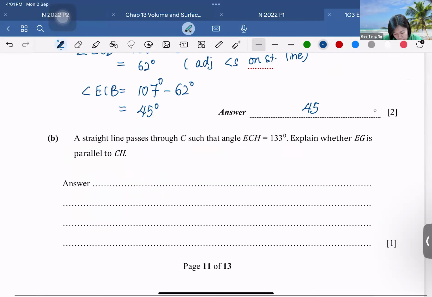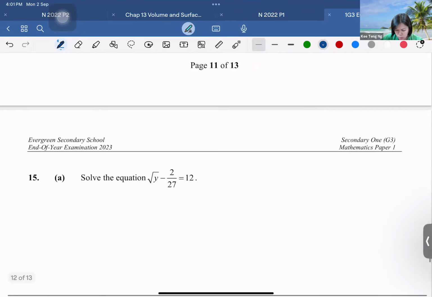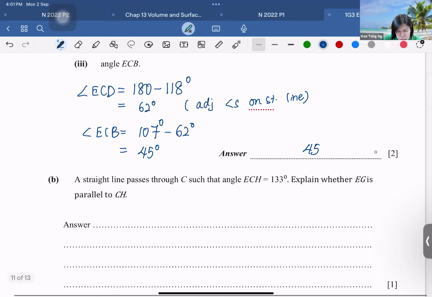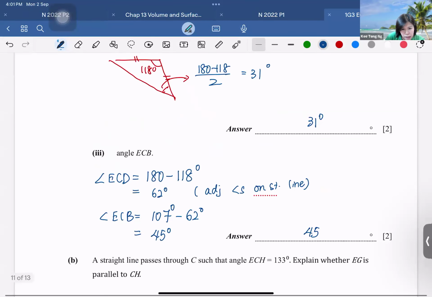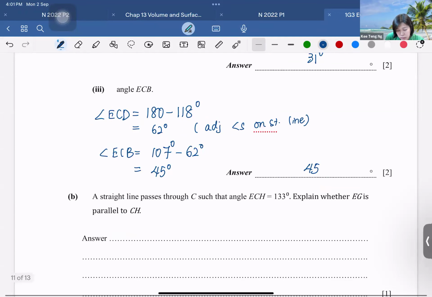Okay, good. Next part, explanation. I may need to overrun a little bit; I'm finishing up soon. A straight line passes through C. The question is, where is this point? Where is this line? They never tell me how the line is drawn, but the angle